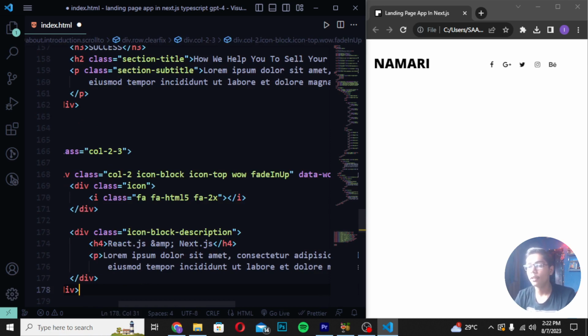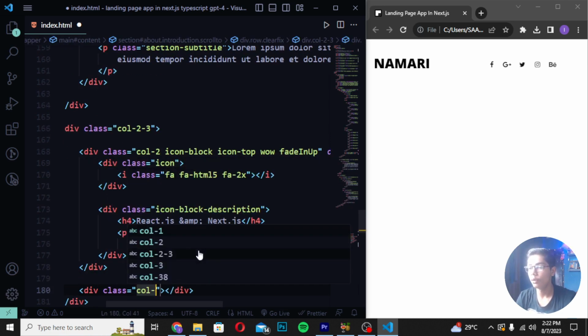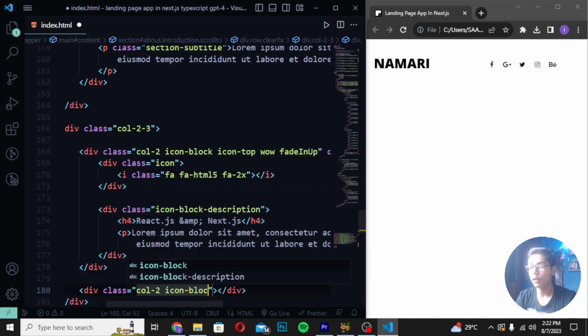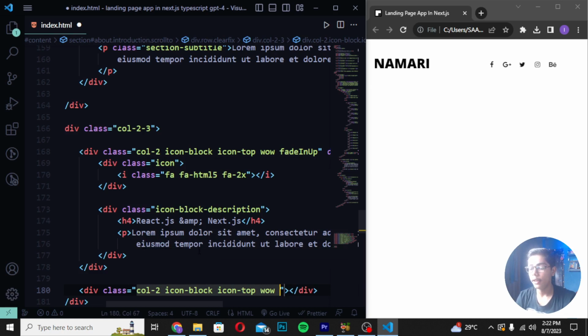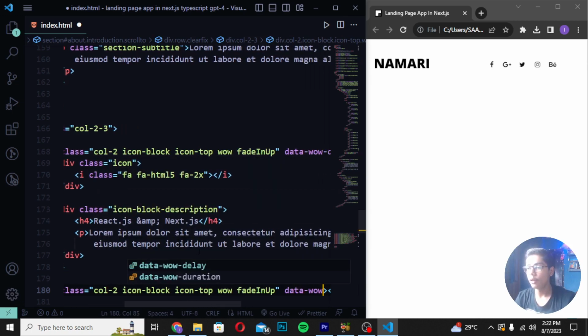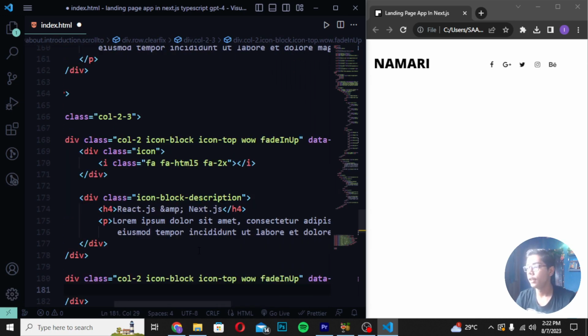After pasting the text, you have to move after these two divs here. Create another div with the class as call to icon block like this, and then I will be writing icon top. Right here wow fade in up. So I will be now writing it like this, and then you have to just write here data wow delay. So I will be writing here data wow delay 0.3s, and write here div class icon, and then you have